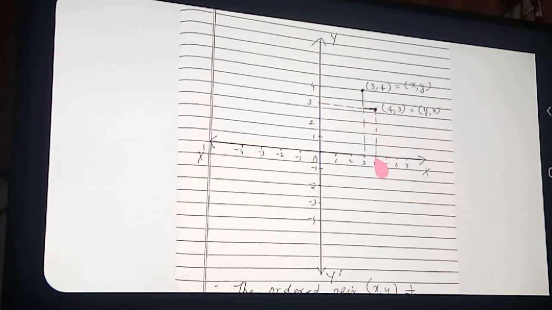So what is the x coordinate here? 4. And what is the y coordinate? 3. Therefore, how did I write the point? Ordered pair (4, 3). That I wrote as yx. See, here xy is marked and yx is marked. Is it the same point? You yourself find out. Okay, you can analyze it. Here one point I marked and here one point I marked. Are both points the same? No. They are entirely different points. Therefore, what can you say? Xy not equal to yx.